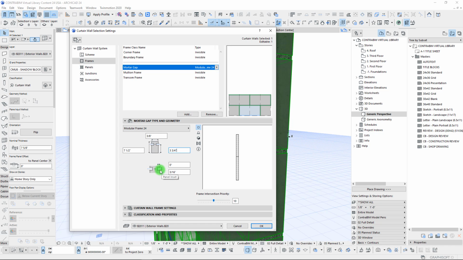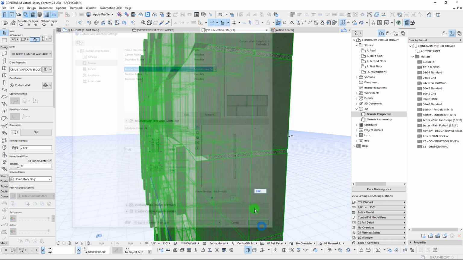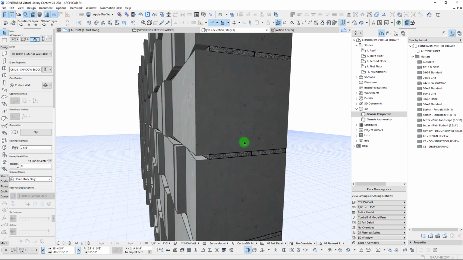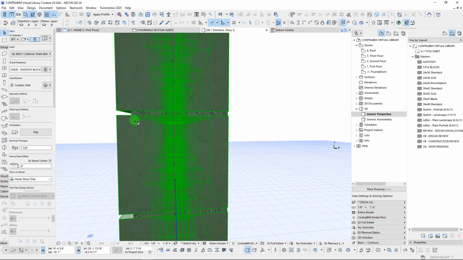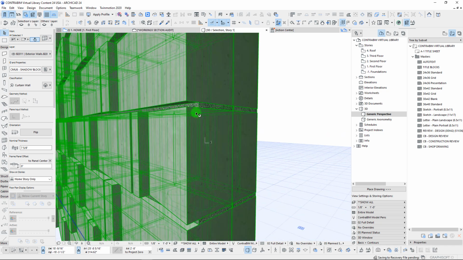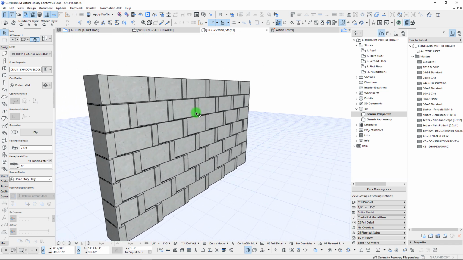And then I've noticed giving it a little bit of a panel inset here keeps it from overlapping. You'll see right here there's a little bit of an overlap there. So just having it at 3/16 inch seemed to clean that up for us. So that's how we're creating that mortar gap. Pretty simple. It's just trying to fit a frame in there that's going to cover it from one side to the other. And so yeah, that's essentially how we go through it and create these